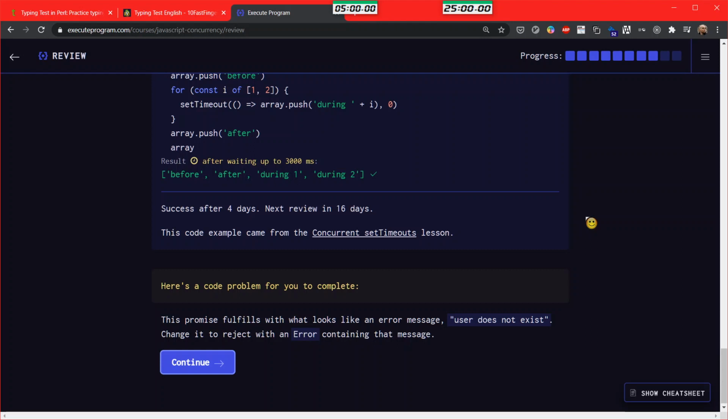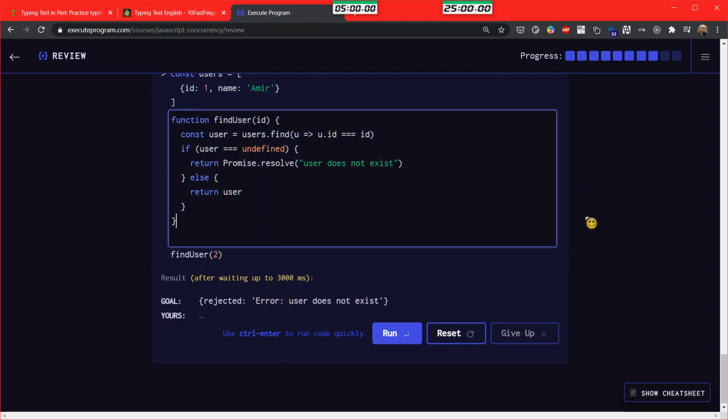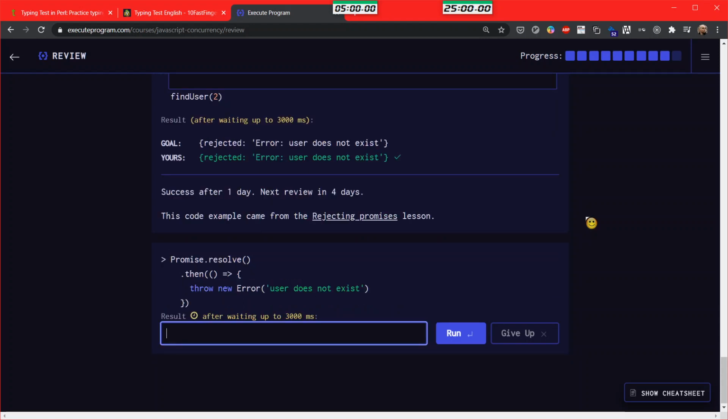Change it to reject an error containing that message. Sure. Okay.